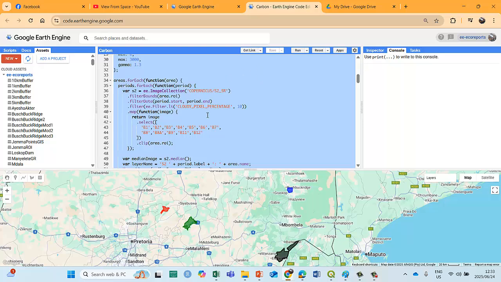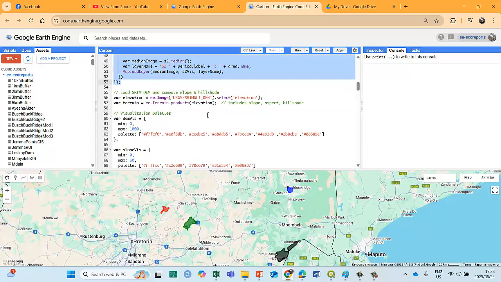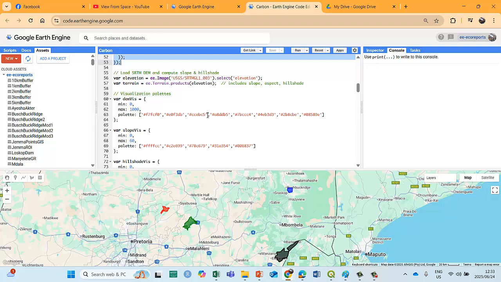So where do we go from here? What I wanted to do is look at various topography characteristics of each of these reserves: how flat it is, how steep it is, how rough it is, the direction or layout of it, etc. There are various data sets within Earth Engine that will help us with it.